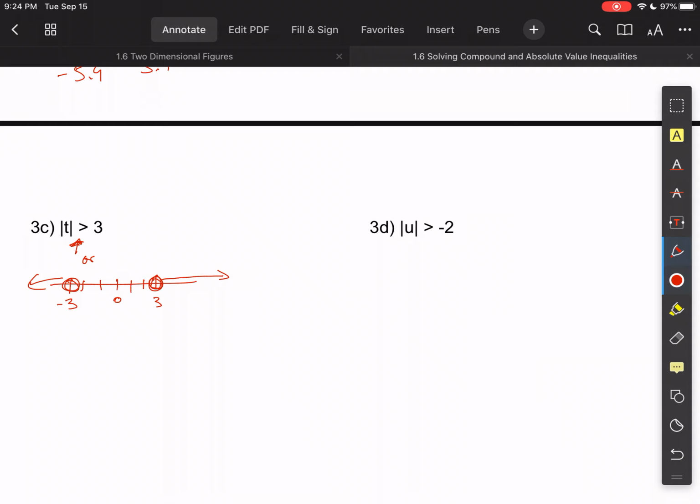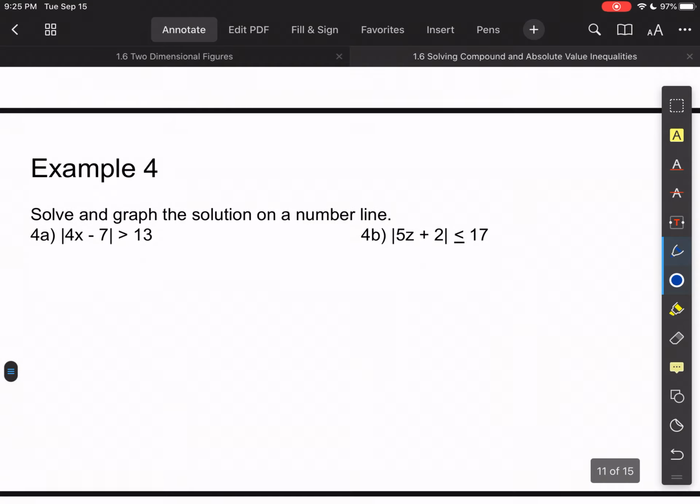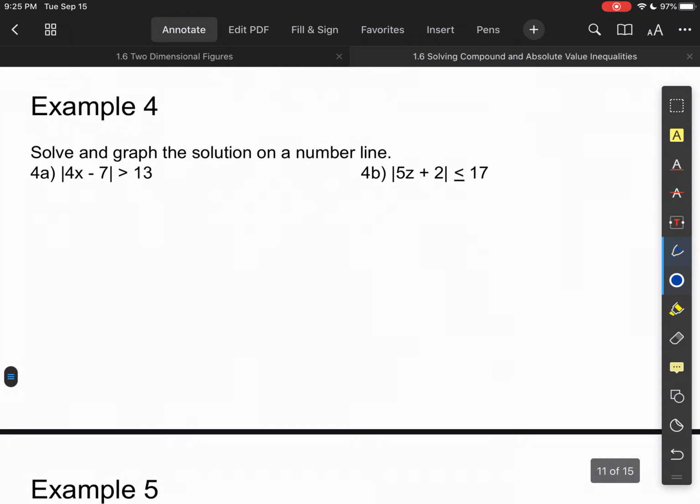Let's look at 3D. So this one says the distance u from 0 on a number line is greater than negative 2. So again, when is a distance greater than a negative number? Always. So this will be all reals. And if they want you to graph that on a number line, it's pretty simple. All you do is, we'll use a different color here, you just show that everything is shaded with arrows in both directions. The whole number line is shaded. Moving right along to example 4, it says to solve